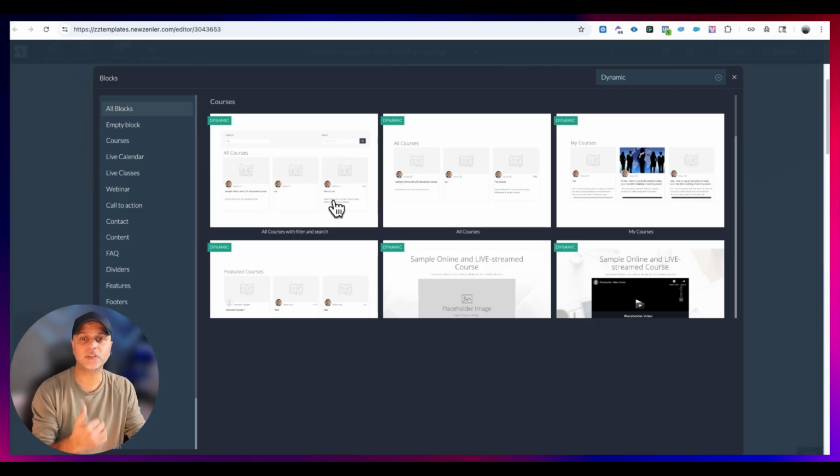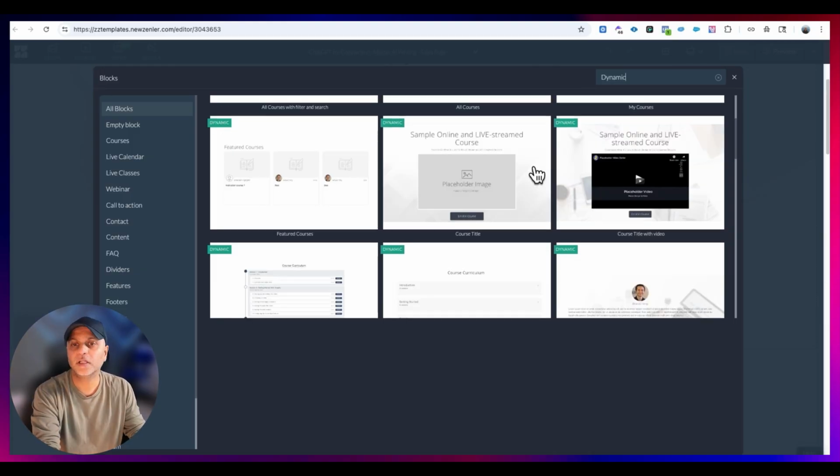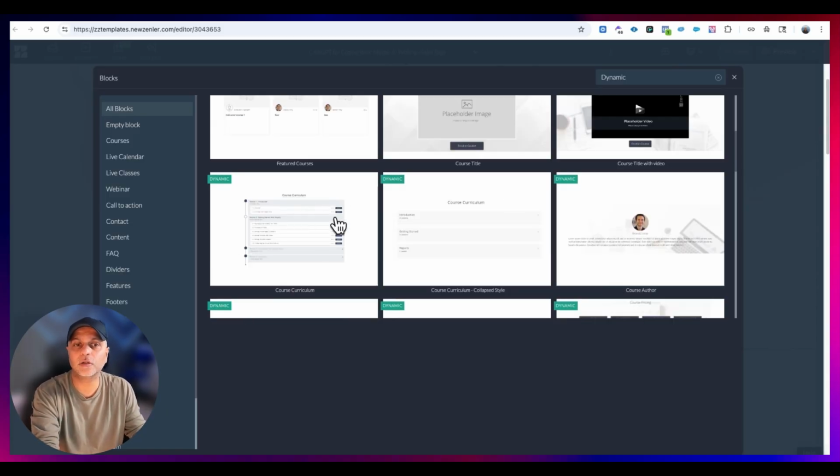If you're on a course sales page, you don't want to distract potential students with these all courses blocks. Then you have your course title dynamic block. I typically just skip this and build my own. And we saw the course curriculum block that was already showing on my sales page, but there's also a collapsed